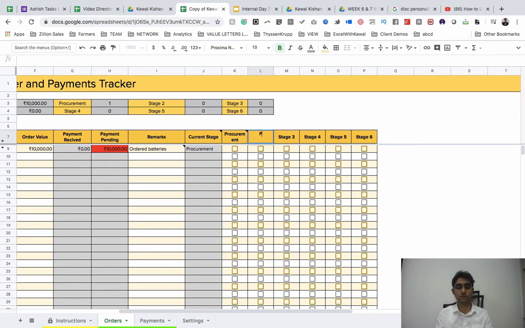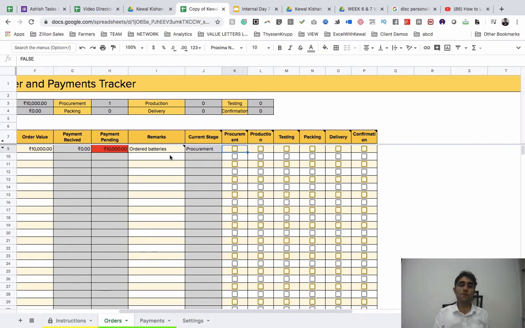Second, I want production. I'm just giving an example here right now. Then testing, packing, delivery, confirmation. I'm just showing you as an example. It can be something else. In case of website development, you can say requirement finalized, then design got ready, first draft, design got approved, second, third stage, development started, fourth stage, testing going on, fifth stage, and delivery, sixth stage, as an example.